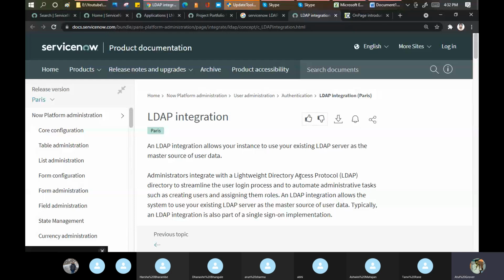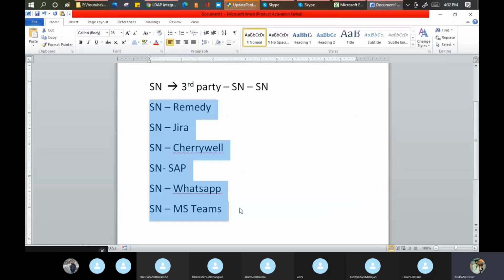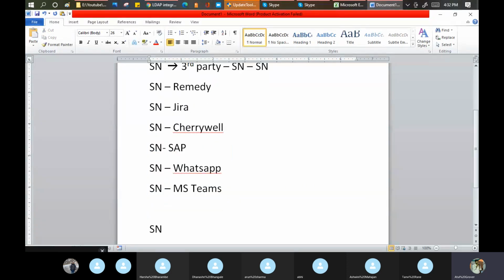I want anyone who is working in my company to be able to access my ServiceNow as well. It means I want to integrate my Active Directory tool. These are two different tools. What does Active Directory contain? It contains users and groups. Why should I duplicate this data in ServiceNow? Better, I'll bring this data from AD into ServiceNow.